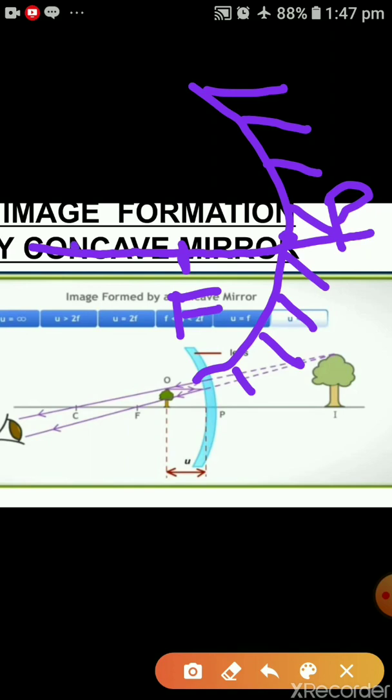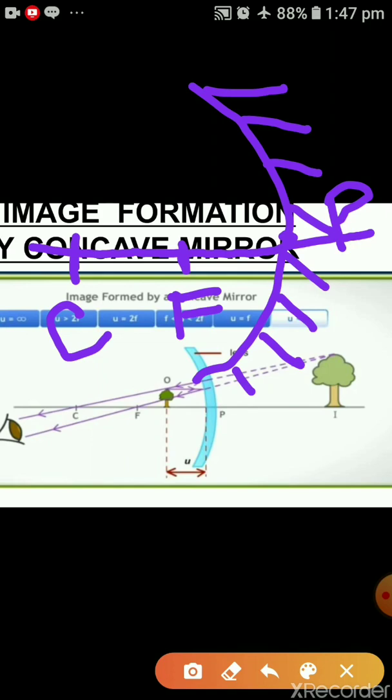Taking the same distance, we have another point, that is the center of curvature. You must know that the center of curvature is the center of the spherical mirror. So this is our C point, F point and P point. Whenever you are making an image using a concave mirror, you have to show this curved line, the non-reflecting surface with lines, the principal axis, pole P point, focus F point and center of curvature C point. This will be the basic requirement of making an image. After showing these points, we will start making images.